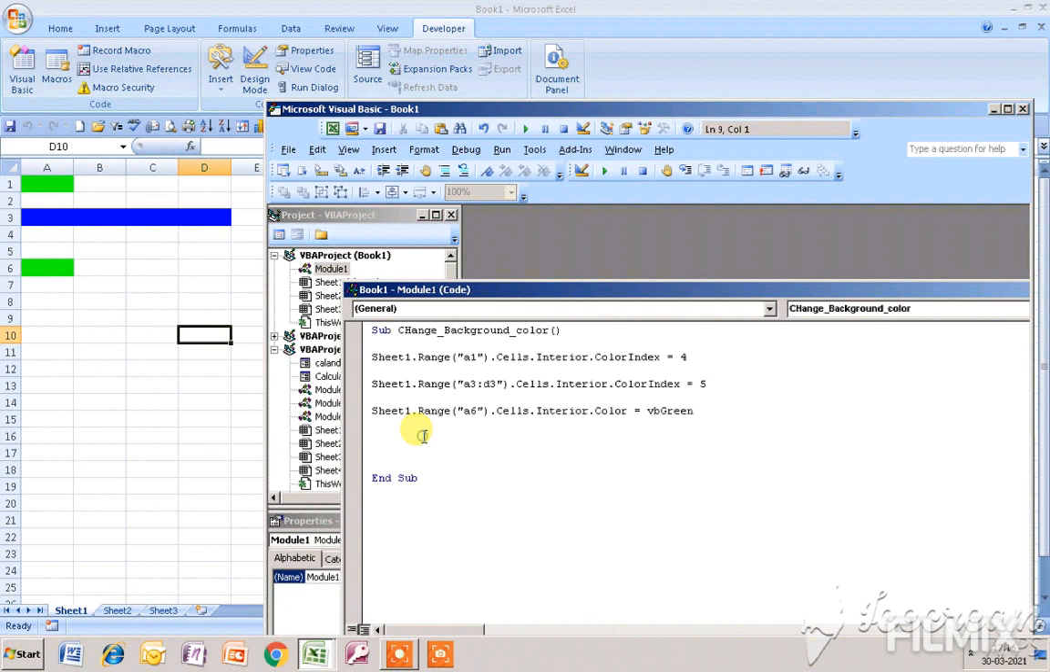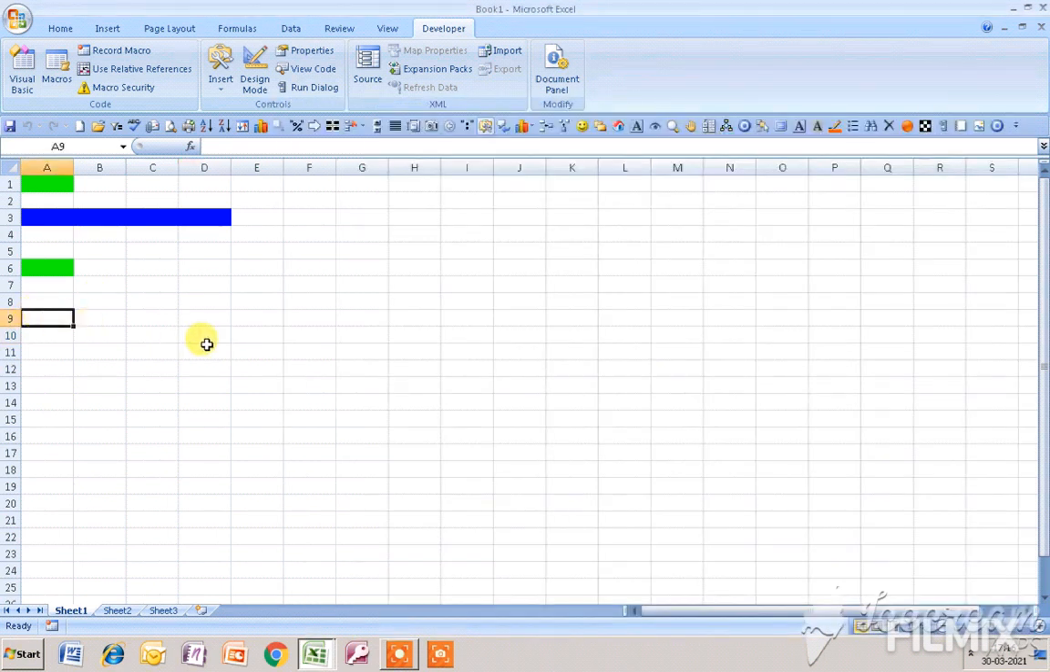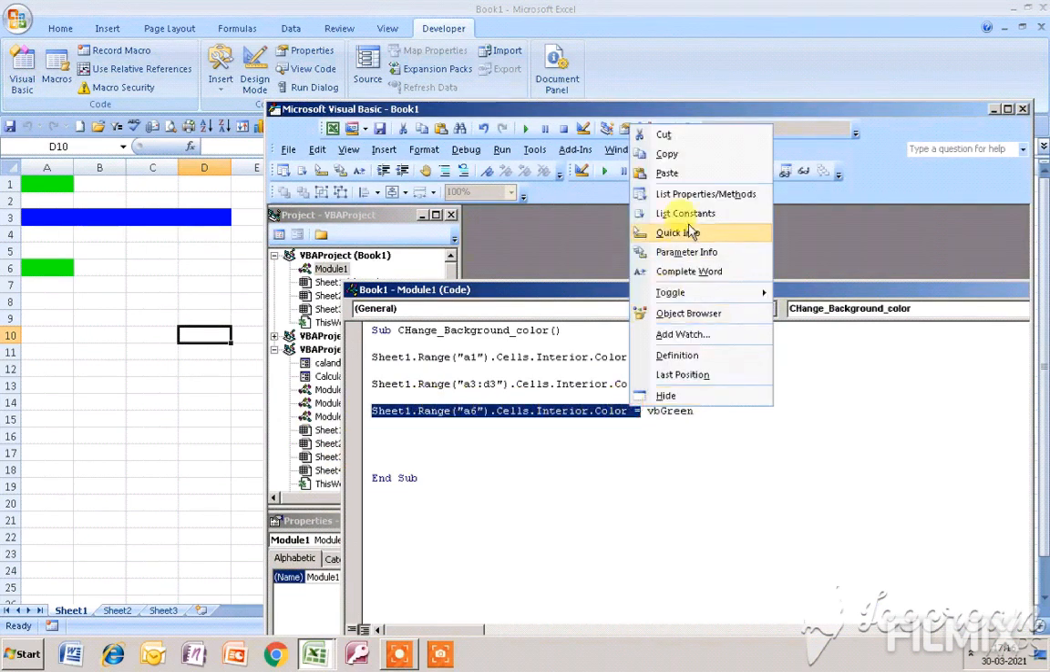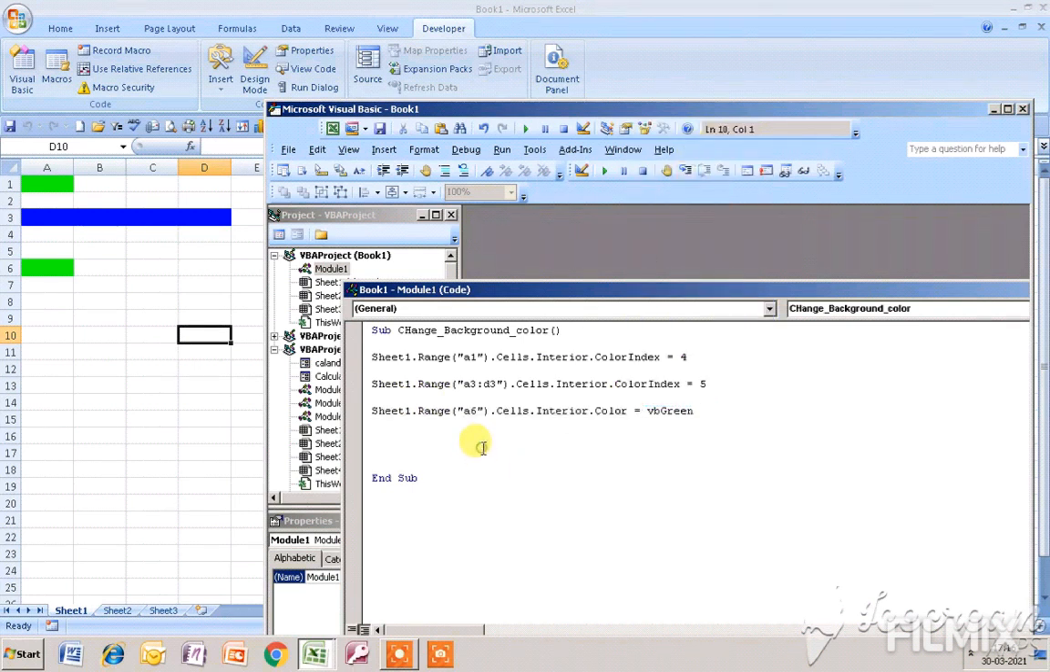Suppose I want to change the background color of this specific range, that is A9 to D10. Okay, how to do this? Go back to VBA. I just copy the code from here till this, and paste it over here,